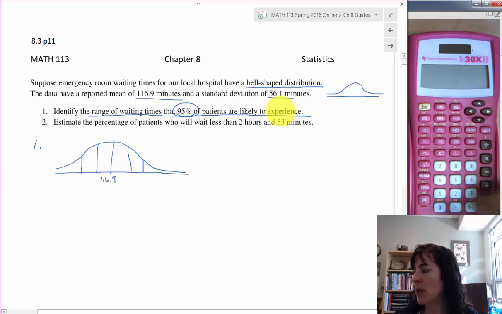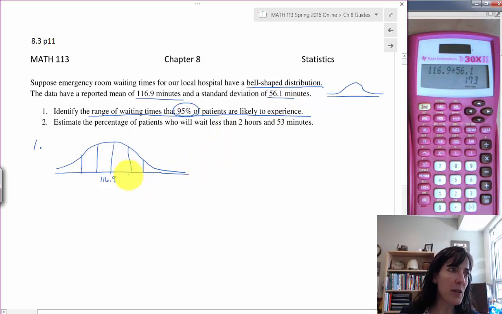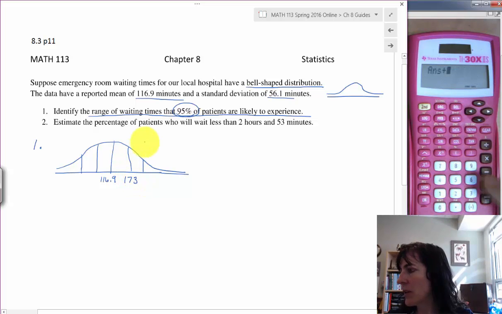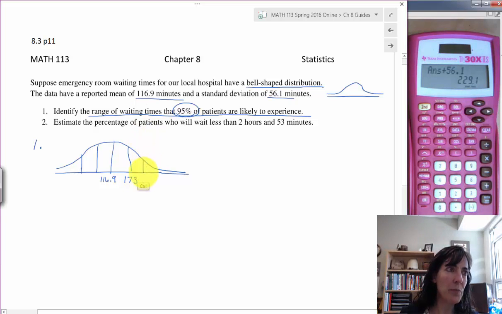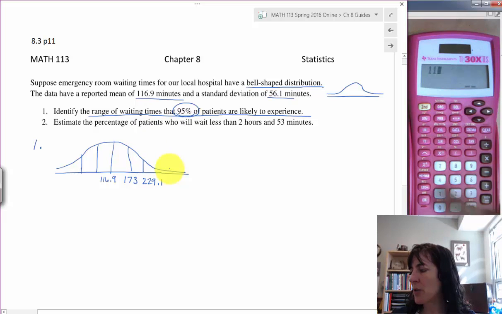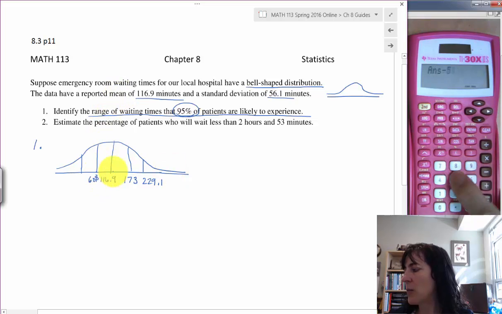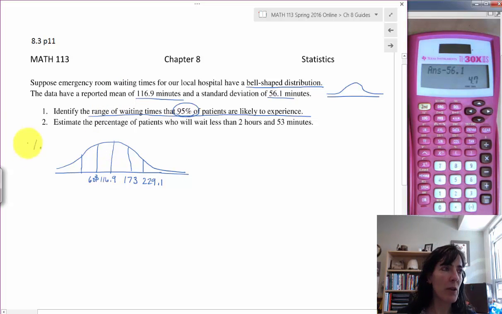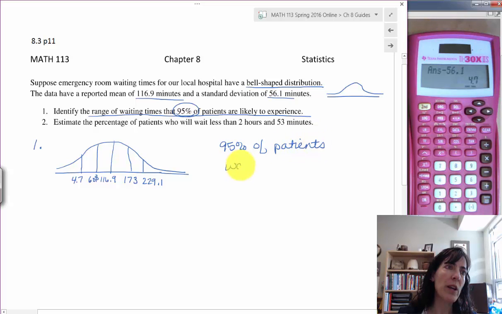116.9 plus 56.1, we get 173, and add another, and we get 229.1. Then if we subtract to go the other direction, 116.9 minus 56.1, we get 60.8, and then minus 56.1, we get 4.7. So we know for number 1, 95% of patients wait between 4.7 and